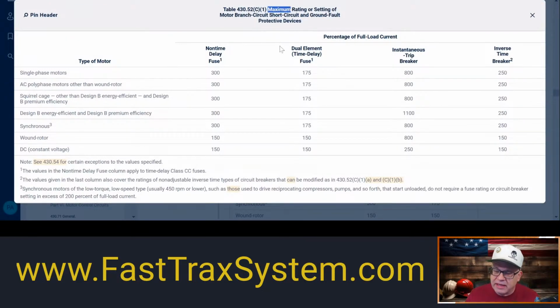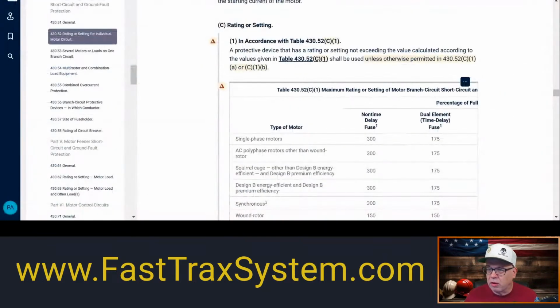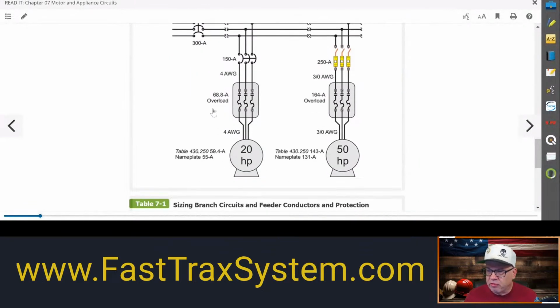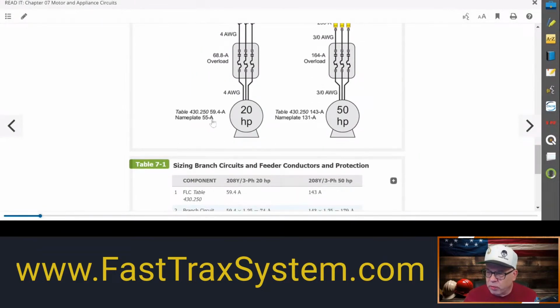Can you be less than this? Yes. In other words, if it says inverse time breaker 250%, can I be less than that? You can if you would like. This is a maximum rating. So in this case, we have a 3-phase motor, a polyphase motor here. But good news is it wouldn't matter whether it's a squirrel cage, other than design B. We didn't say it was a design B. Either way, in this case, all of these are 250%, so that's consistent with all of them. So we'll go back here. All right, so remember what we said? This was